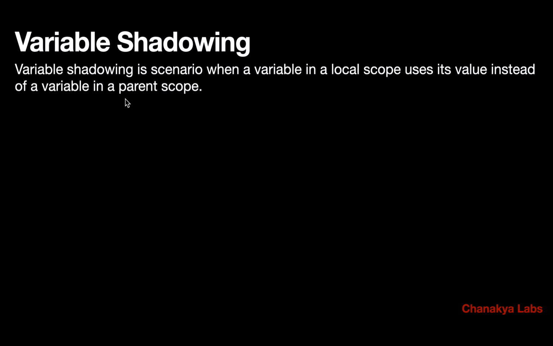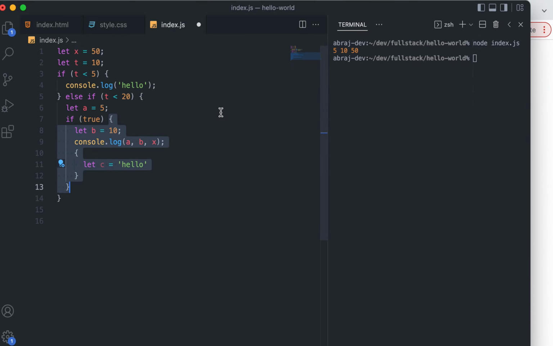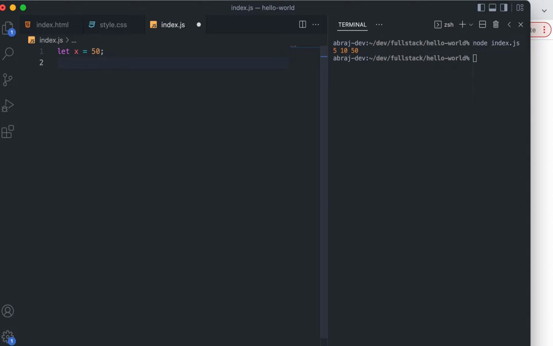Okay, so the point we are trying to make here is that variable shadowing is a scenario when the variable in the local scope uses its value instead of the variable in the parent scope with the same name. I should clearly write here: same name. That is what I was explaining earlier, that if I have something like x is equal to 50,